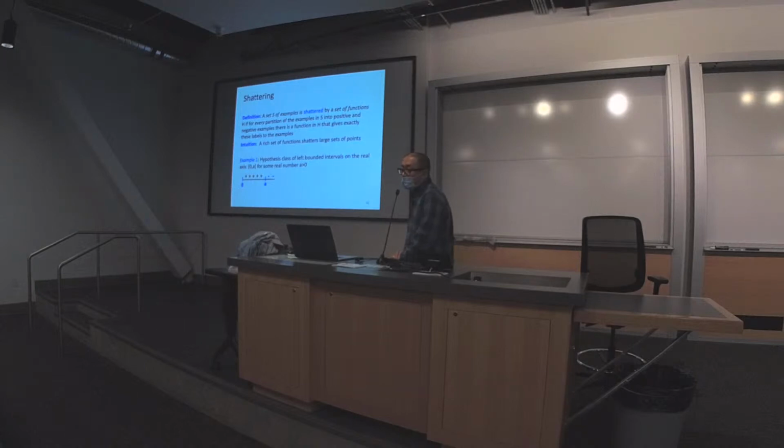I saw someone shake their head, say no. We can take a look. Suppose I'm giving 2 points. Remember, shattering means that for every possible labeling, we can find an instance which can correctly predict the labels. So these are my 2 points. Suppose I give the left point a negative label and the right point a positive label. You will see that we're never able to find a left bounded interval which can correctly predict both labels. Why?